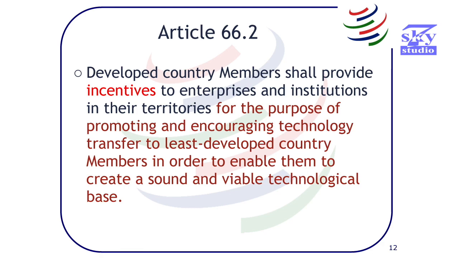It doesn't concern Russia directly, because this is an article that actually deals with an obligation by developed country WTO members to provide incentives to enterprises and institutions in their territories to promote and encourage technology transfer to least developed country members. Russia would obviously not count as a least developed country, but we see that this article can still be useful to Russia,